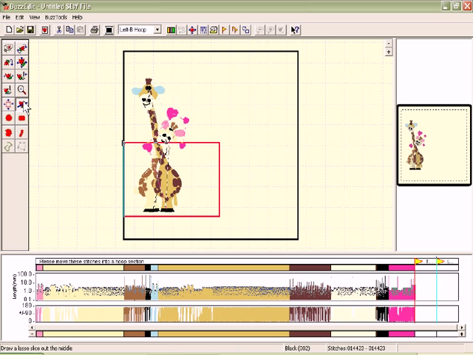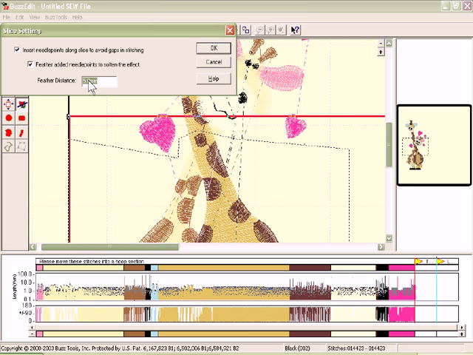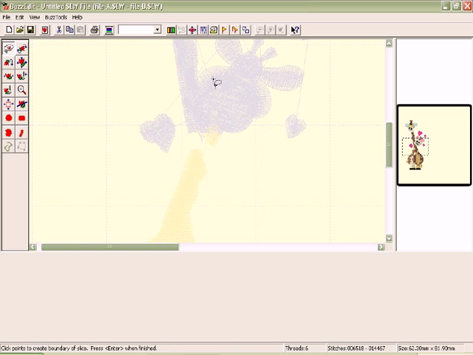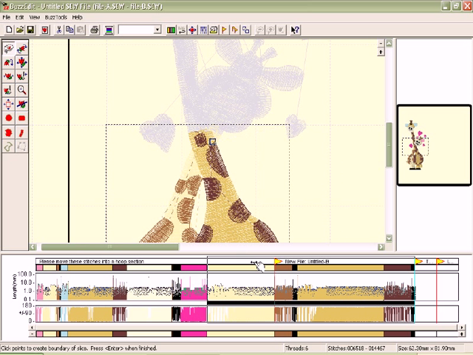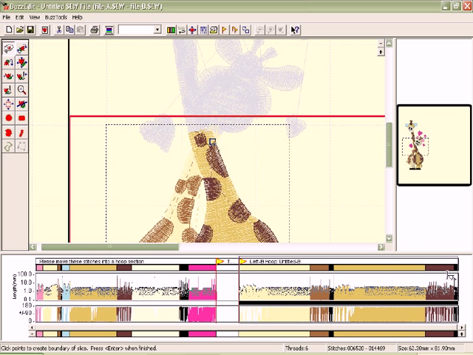So now I can take my slice tool and I'm going to zoom in so that I can see what I'm working on, and I'm going to simply click to begin slicing my design. Let's go up here until I get the segment I want. Hit the Enter key to segment the design, and I'm going to choose to feather them. Click OK. The file is segmented so that now I may click, hold, drag, and drop the stitches into the